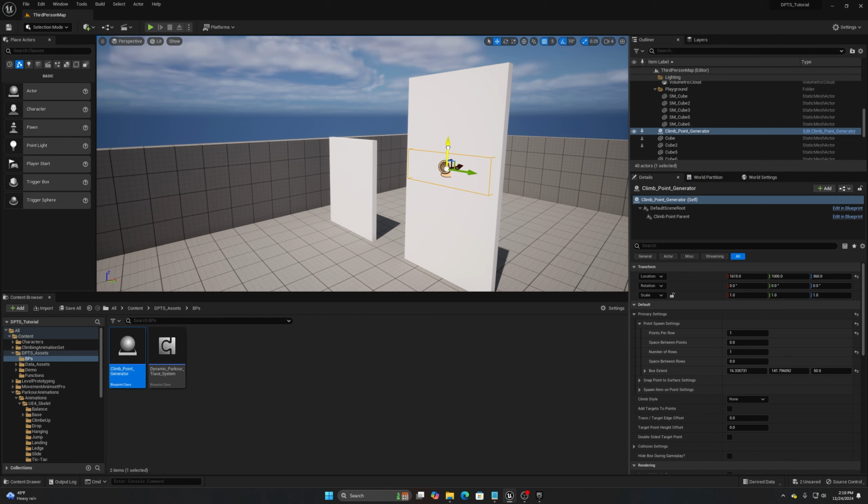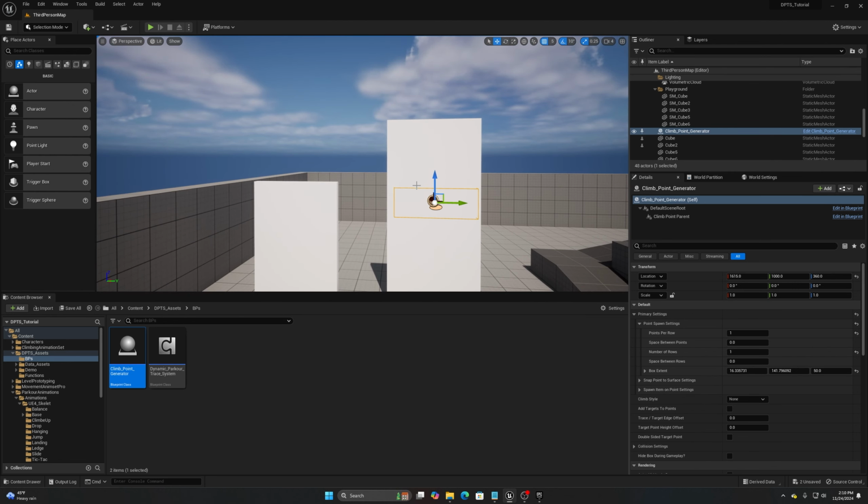Now, the one thing is you'll notice that when I align this to this height, there's still almost another entire section up here. And depending on how you have your climb settings set up, you might not be able to reach that point without adjusting it and making it so that way you can go beyond where you would want to in other areas. So to be able to adjust this, the easiest way is to go under the primary